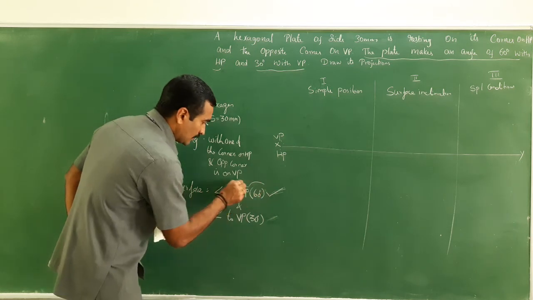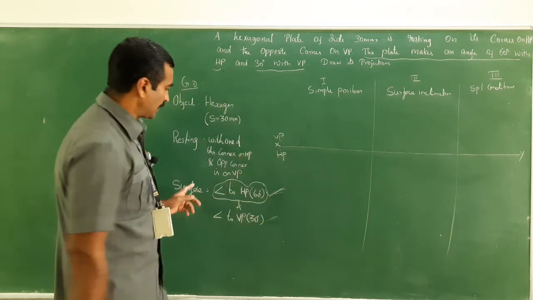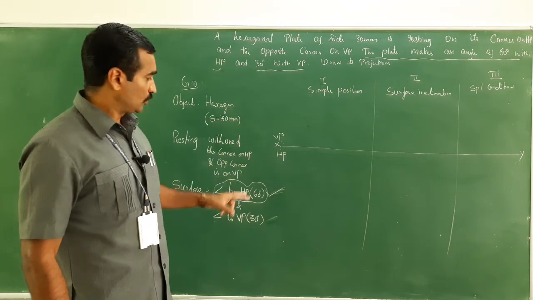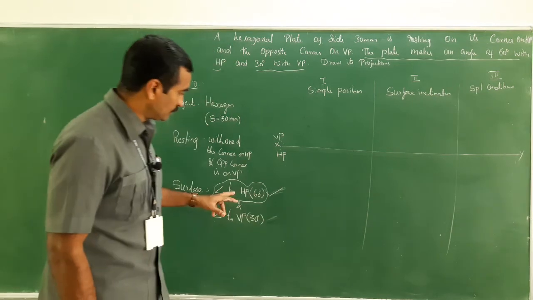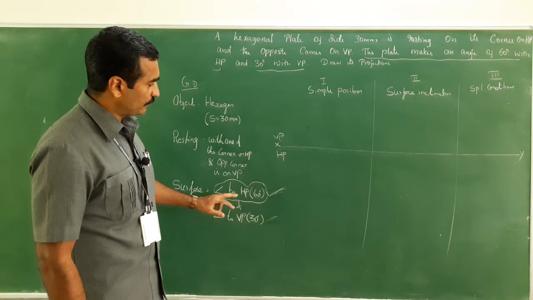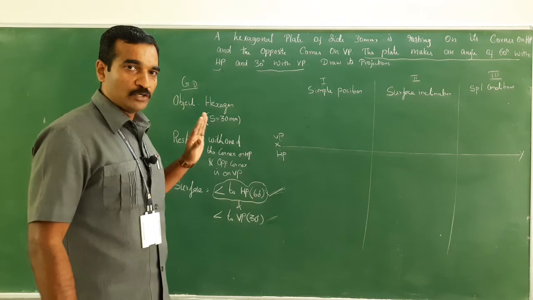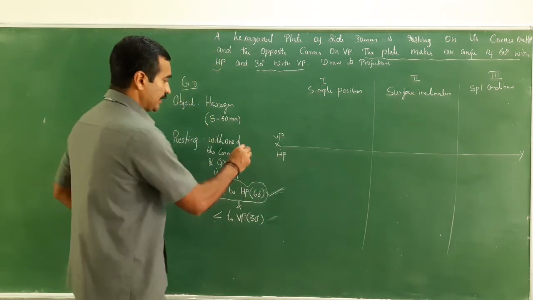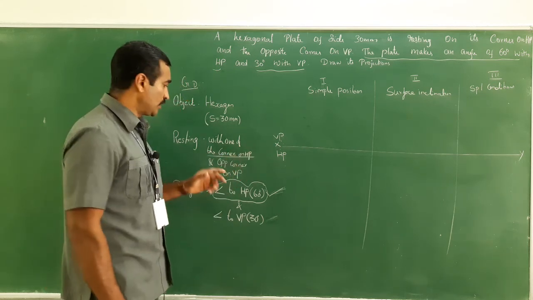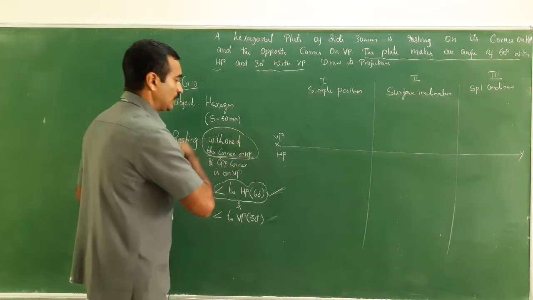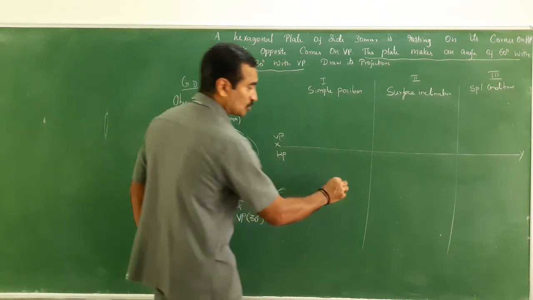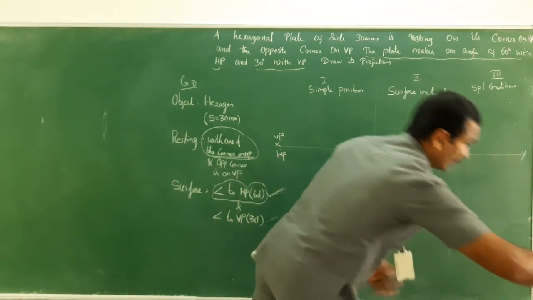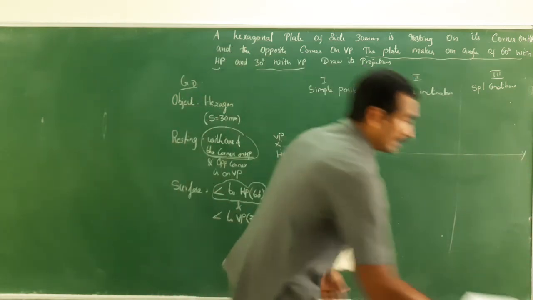Right. Where to start? Since I consider the surface inclined to HP, at the same time you cannot have both surfaces inclined. So that's the reason I am considering this surface inclined at 60 degree. By doing so, you will get the true shape on HP. Here the condition is with one of the corners on HP. So the corner should come on the right hand side. So this is how I need to draw. The corner should be kept on the right hand side.